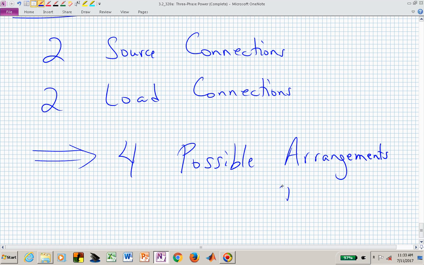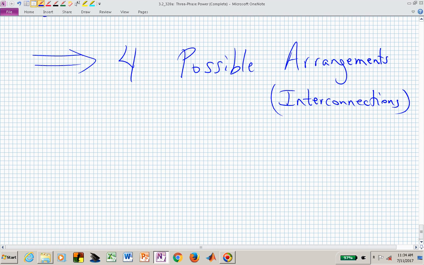Or I might call this interconnections, meaning for the source and then the load or loads,